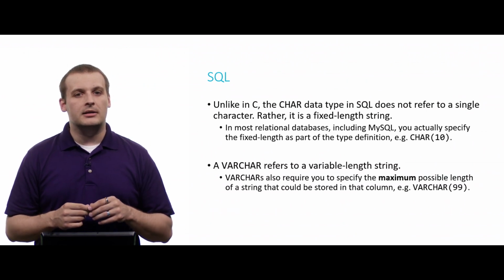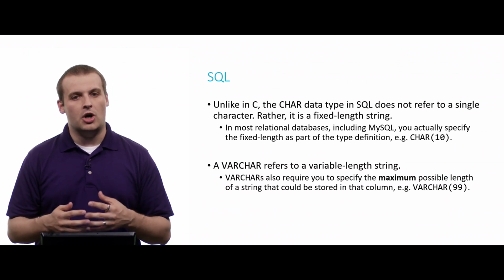So for example, my column type might be a char 10. That means that I can store 10 character strings in that column of my table. Exactly 10 character strings. So if I tried to store, for example, the word hi, H-I, which is just 2 letters, that would go into the column OK, but it would also store 8 extra, the equivalent of null bytes, basically, so that I still had 10 characters, per se, in that column for that row. And if I tried to store like a 15-character string, that wouldn't work. I'd only end up storing the first 10 letters.